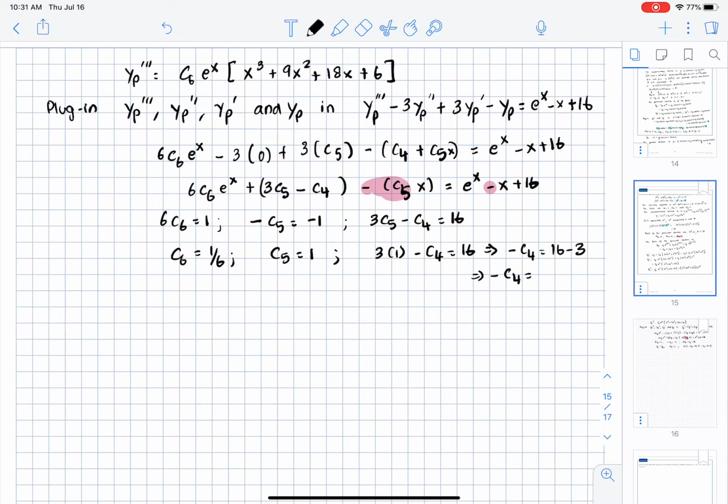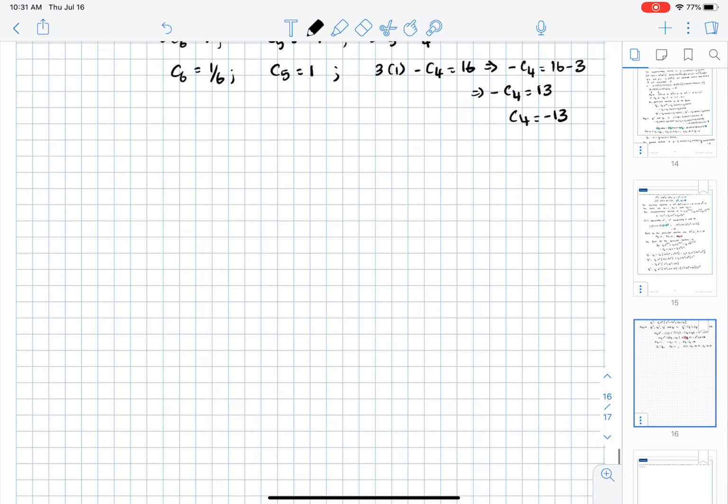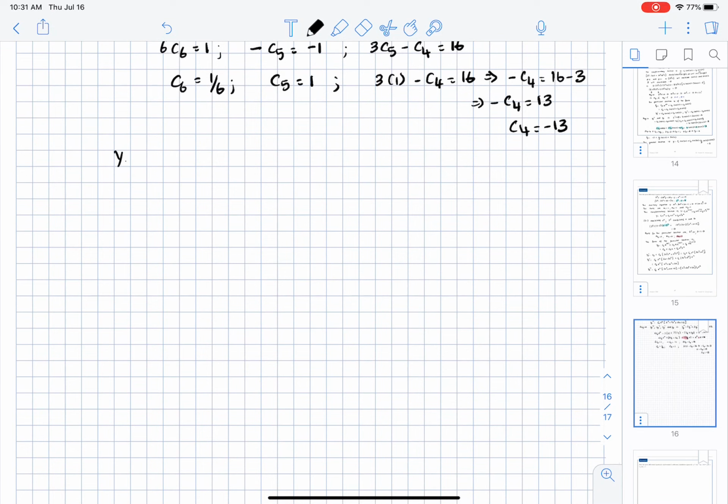Minus C4 is equal to 13. C4 is minus 13. Now that we have C4, C5, and C6, the particular solution